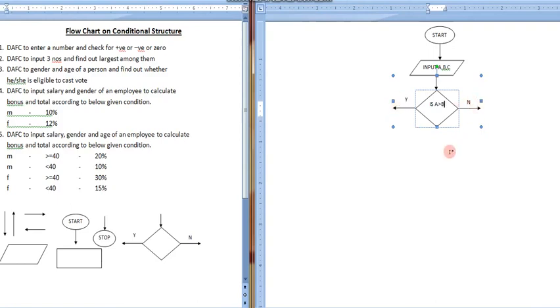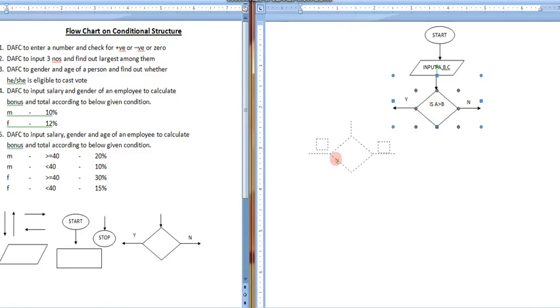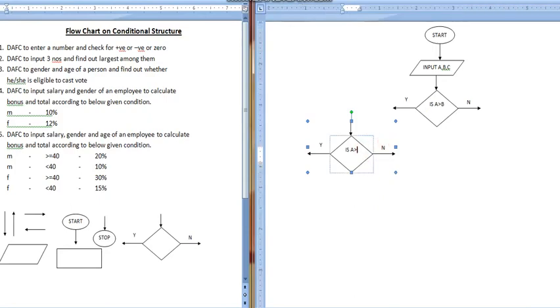Every decision box has yes and no. So yes will be one output, no will be another output. Yes means who is bigger? Yes means a is bigger, as a is written first. So if a is bigger, then a will simply compare with whom? With c. A will compare with c, so in this case I need to specify c. So a will compare with c, as a is bigger.